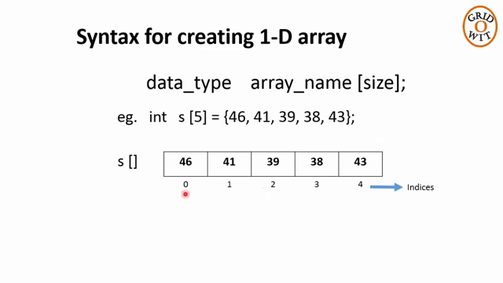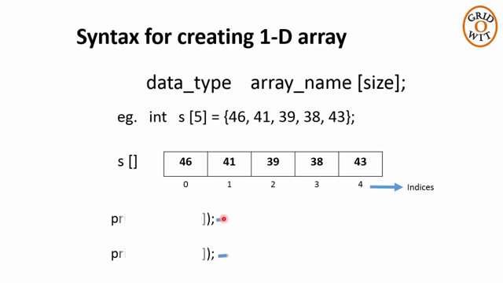Here the index is the location of the item or element in an array. Please note, in most programming languages, the first array index is 0, and the indexes continue through the natural numbers like 0, 1, 2, 3 and up to size of array minus 1, because the array's first index starts from 0. Here the size of the array is 5, so the index goes from 0 to 5 minus 1, that is up to 4, 0 to 4. In this array S, at 0th index the integer value stored is 46. At first index the value is 41. At second index the value is 39 and so on.